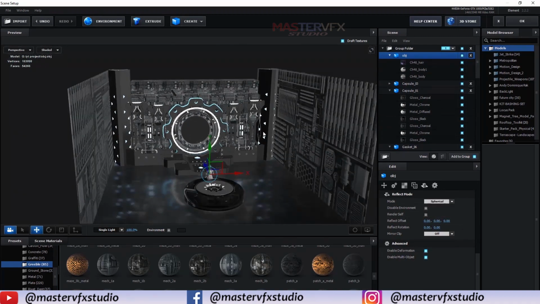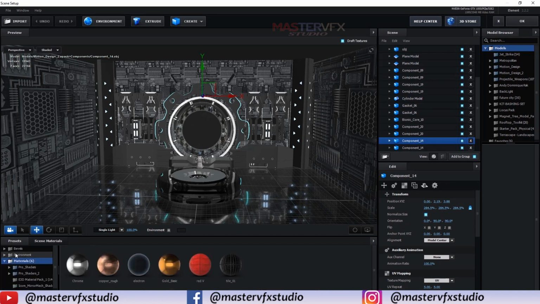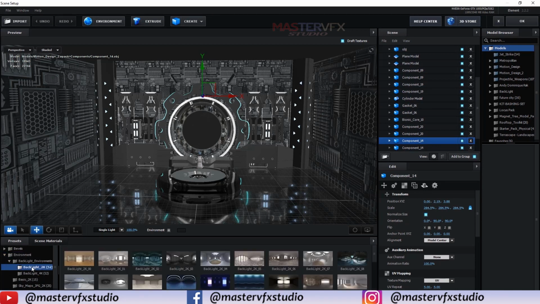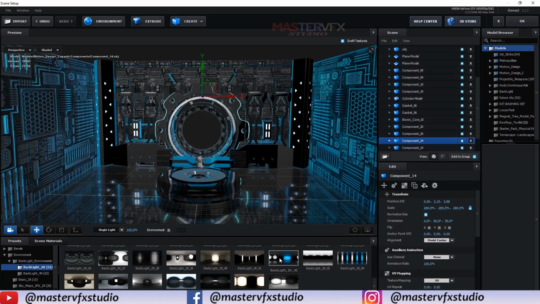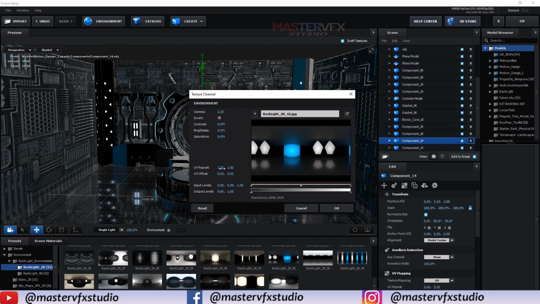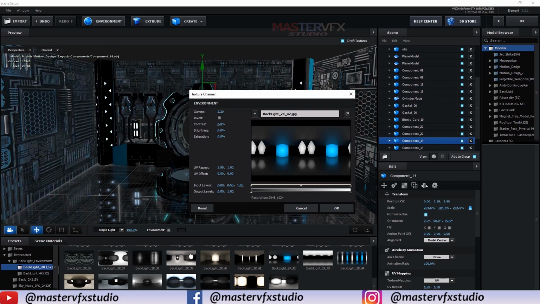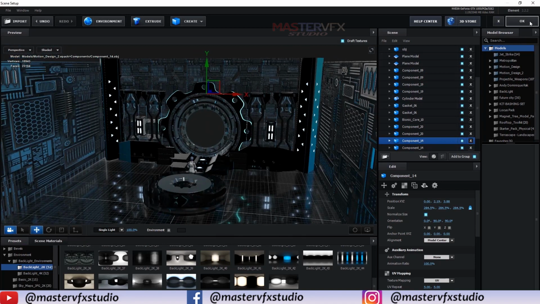Okay, so now guys, for the environment I use the blacklight environment from Video Copilot. So simply go inside Presets, then Environment, Blacklight Environment, and Blacklight 2K Environment. Here I'll choose this environment as our model environment. So select this and go to environment settings, and here I change the repeat to 2 or around 1.9. Okay, it looks good. Now press OK.